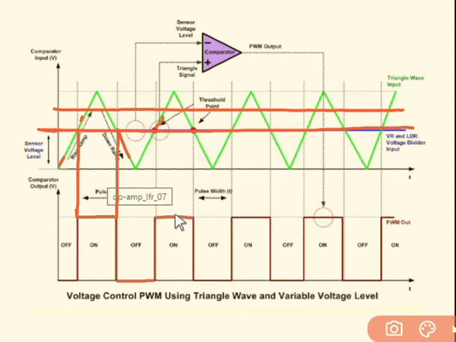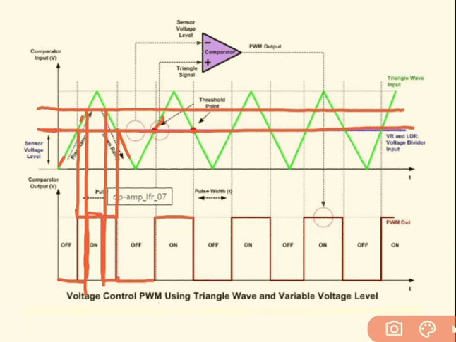Suppose the output voltage is increased. To decrease the output voltage, we have to decrease the pulse width of the chopper. So if we extend this point, now the pulse width is this. So this will reduce the output voltage. If input voltage is increased, pulse width is decreased. So when pulse width is decreased, the output voltage is decreased.